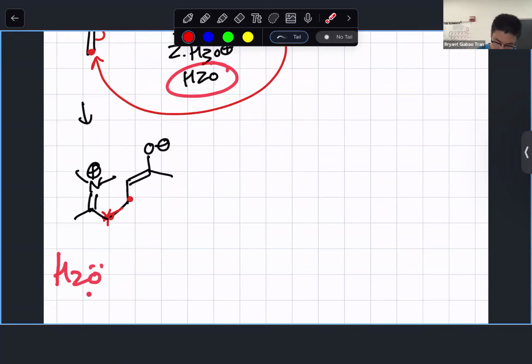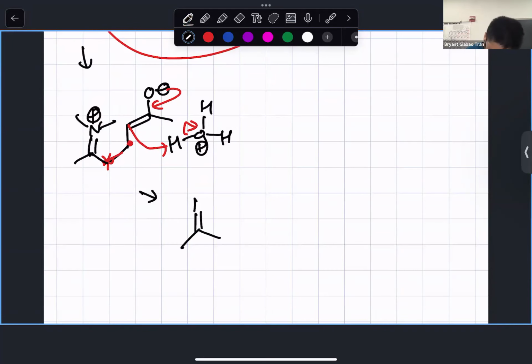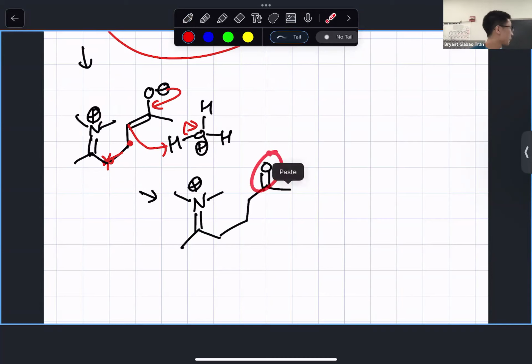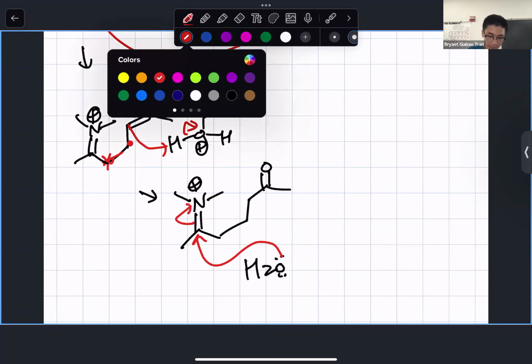When we use water to attack that iminium bond, pop that double bond onto the nitrogen there, we get that tetrahedral intermediate where we do a lot of proton transfer steps, where we deprotonate the group that we want to keep, and then protonate the group that we want to kick out to get back to the carbonyl. So let's just protonate the alpha carbon first by reforming the carbonyl bond. Use this alpha carbon to grab a proton from the H3O plus. Right? That would get our carbonyl back from the enolate. The water here will attack this iminium ion